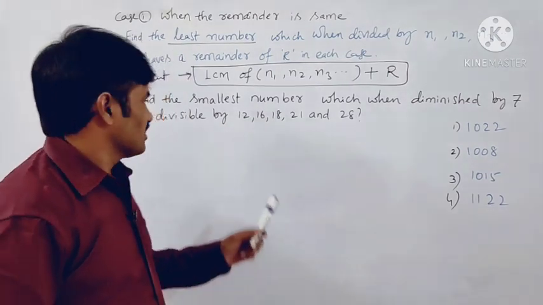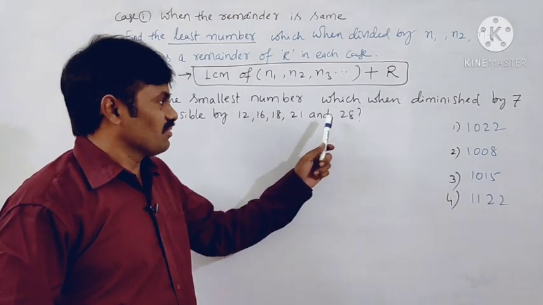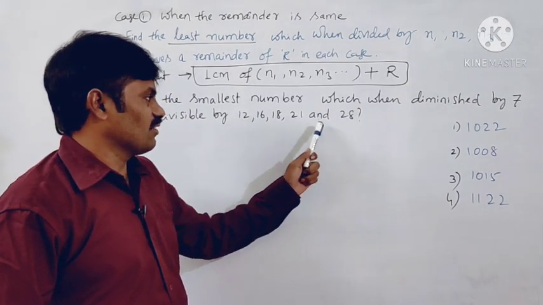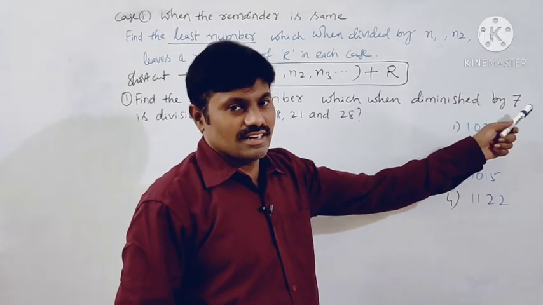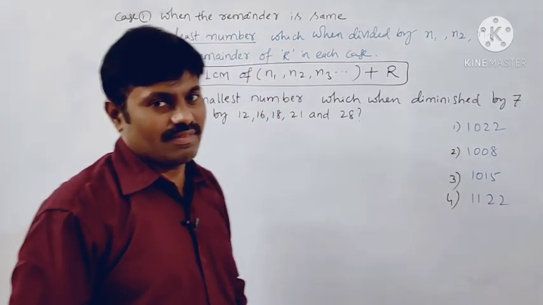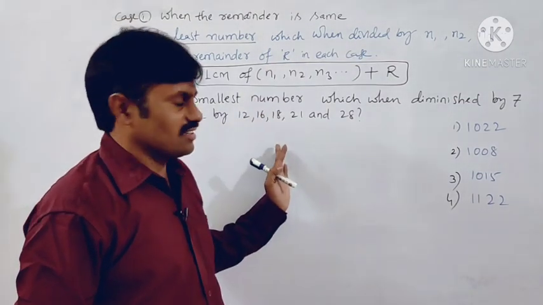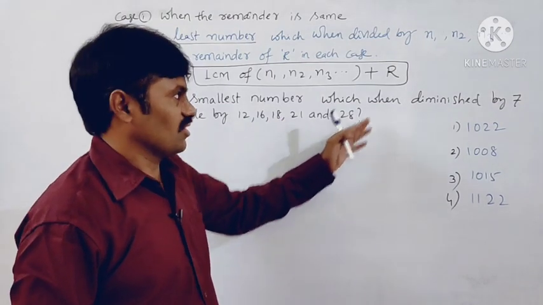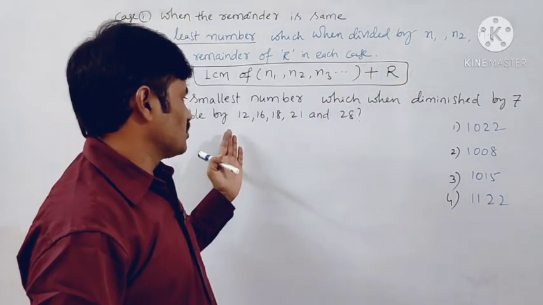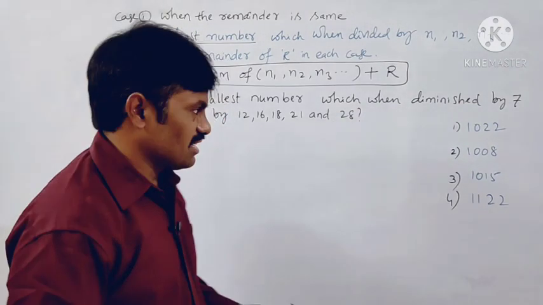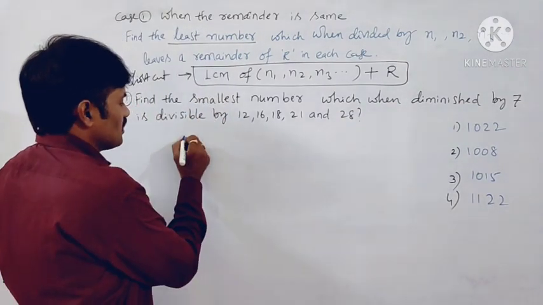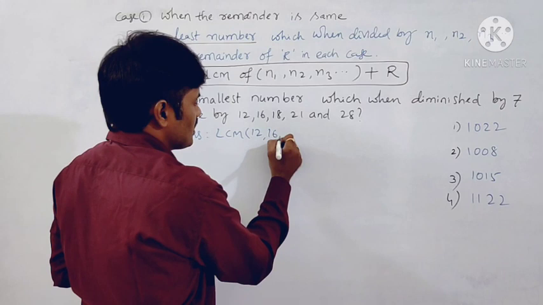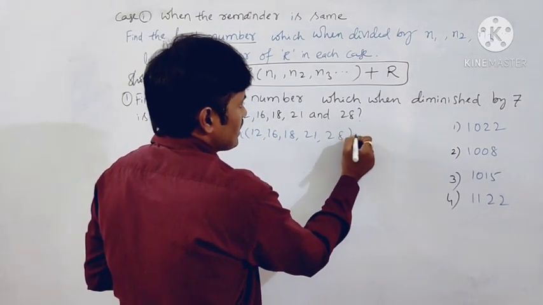This is the question: find the smallest number which, when diminished by 7, is divisible by 12, 16, 18, 21 and 28. Diminished by means reduced by, that is, leaving the remainder 7. So this is the first case. Here the divisors are 12, 16, 18, 21 and 28, like n1, n2, n3 and so on. Different divisors, same remainder. So the answer will be the LCM of all these divisors 12, 16, 18, 21 and 28, plus this remainder